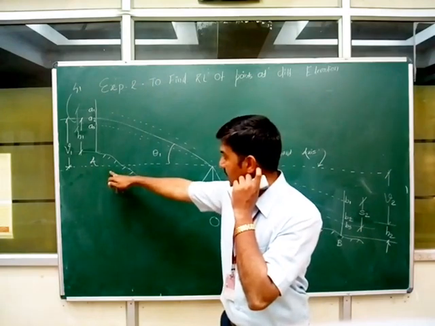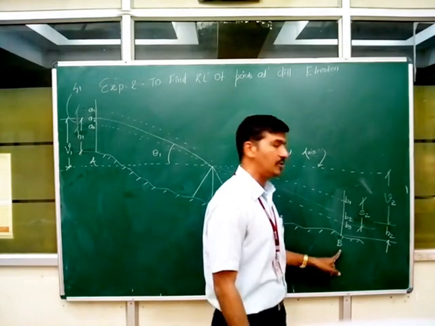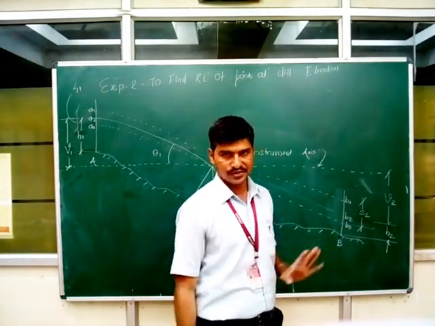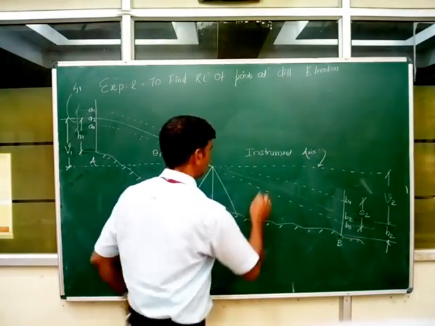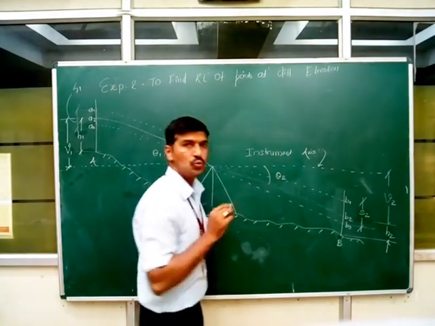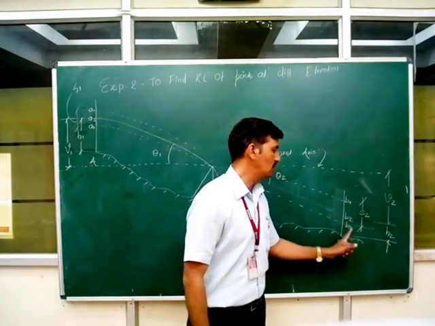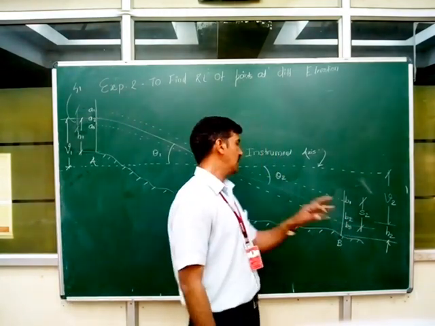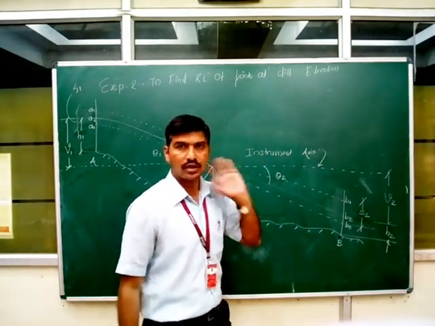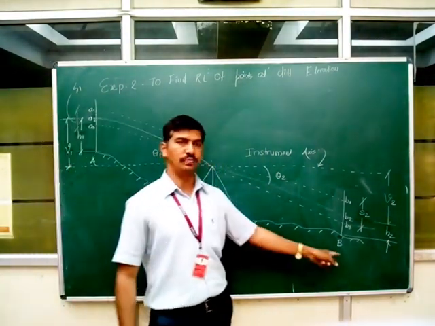Students, in case number 1 we have finished whatever the observations. For the case number 2, when we bisect the staff at point B, again we have to take the 3 crosshair readings, as well as we have to take the angle of depression, which is theta2. Here we have to take top, middle, bottom crosshair readings, as well as the vertical angle at that point. Okay. Now in this case, we would like to find out what is the RL of point A and what is the RL of point B.